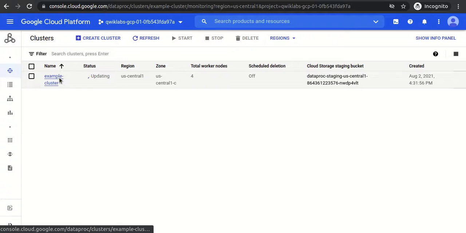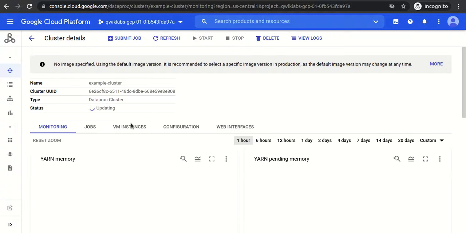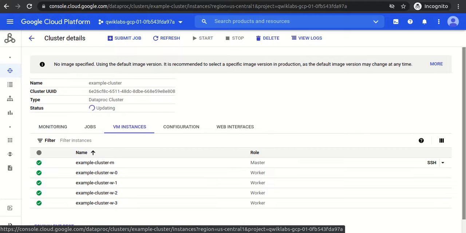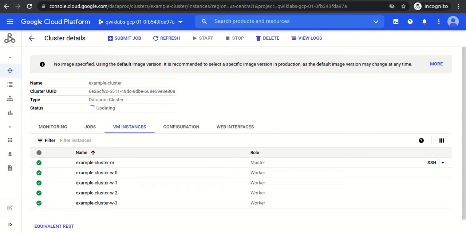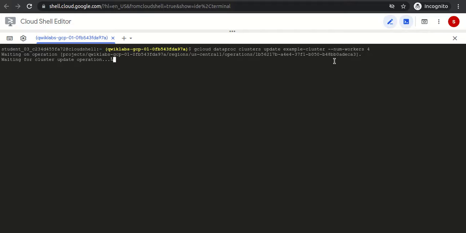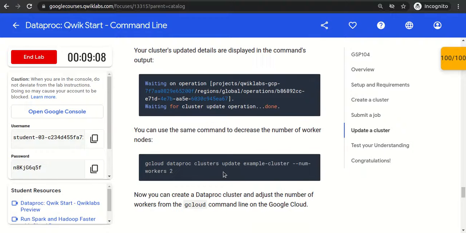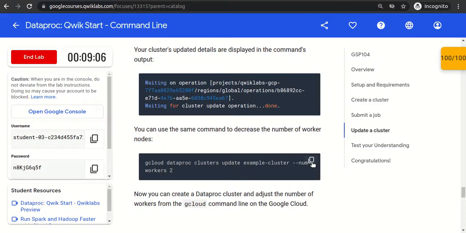If I click on the cluster and go to the VM instances, earlier you could see only one master and two workers. Now we have 4 workers because we updated the workers to 4. Similarly, we can decrease the workers from 4 to 2 by issuing the same command, just rather than 4 we will give 2.